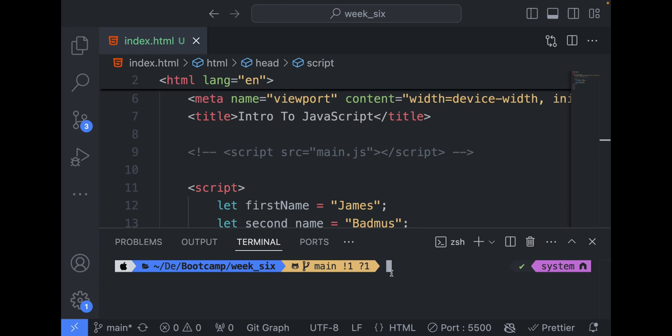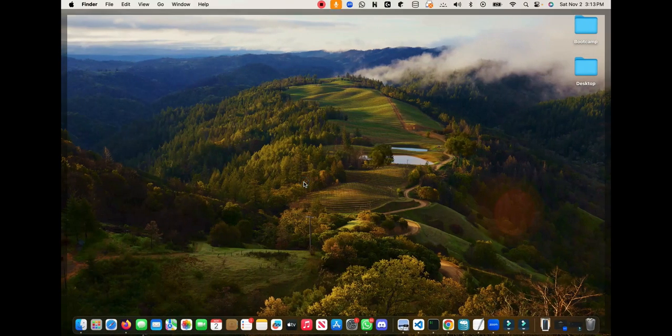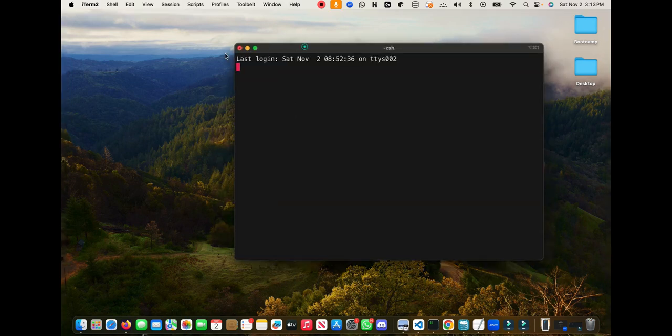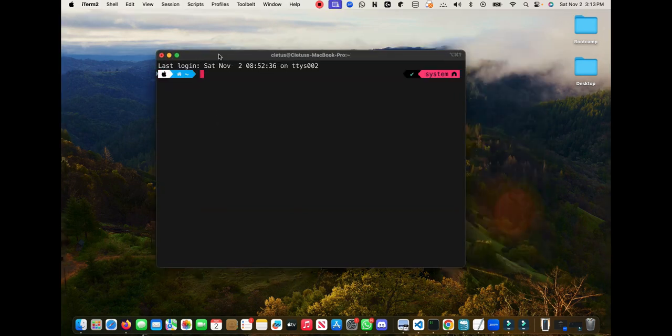This is a terminal or console within VS Code, or it can be anywhere. It can be a terminal, your console outside VS Code as well. So once you start running JavaScript and you want to see the result on your console here, then